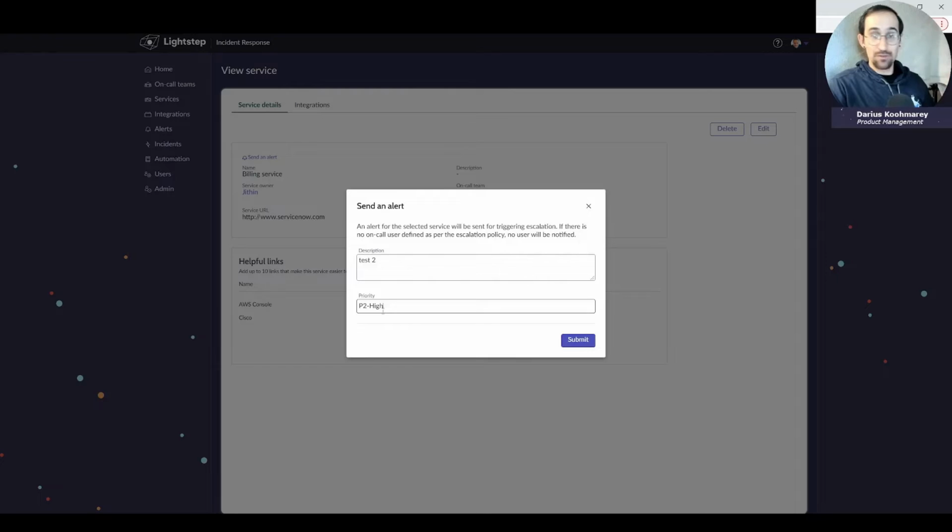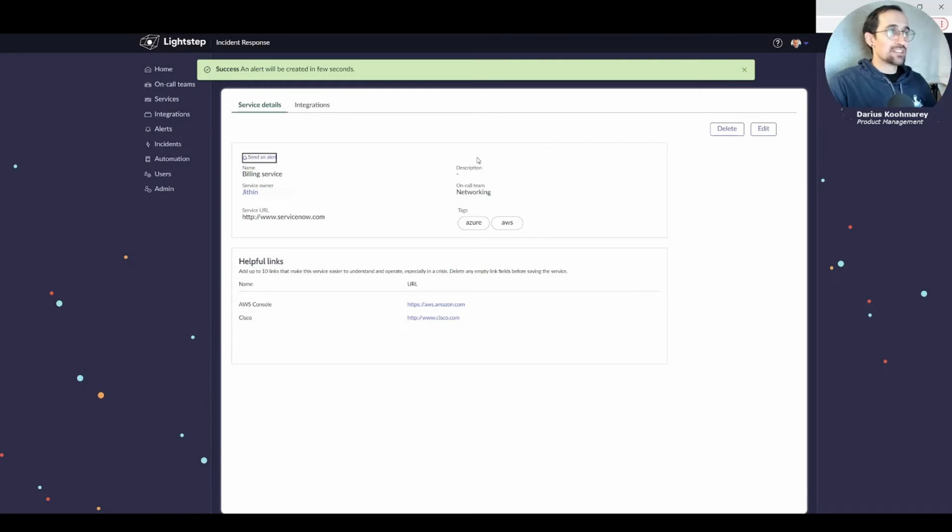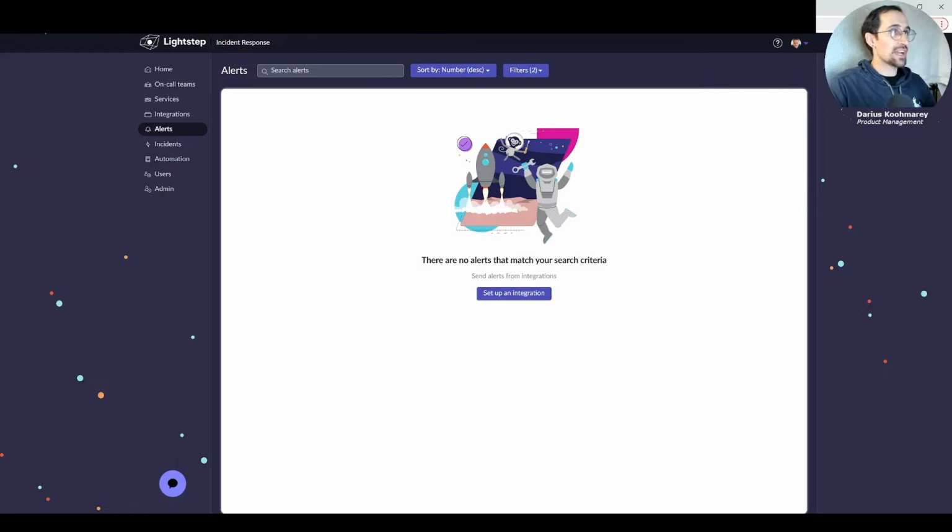So keep in mind, two separate alerts, but we know the service is matching and we know the priority is matching. They're both P2 and the service is both billing service. So the system is going to be creating those alerts. And then when we take a look at our alerts page here,